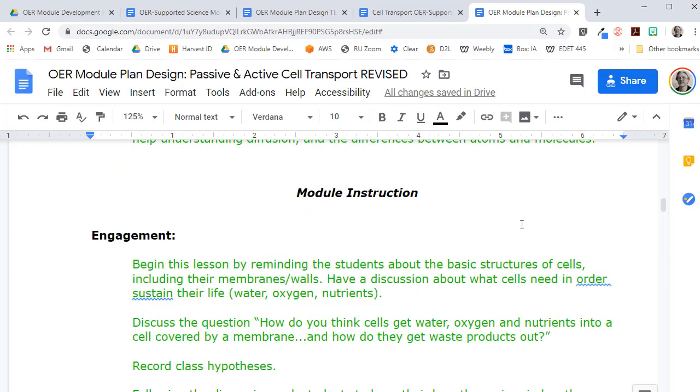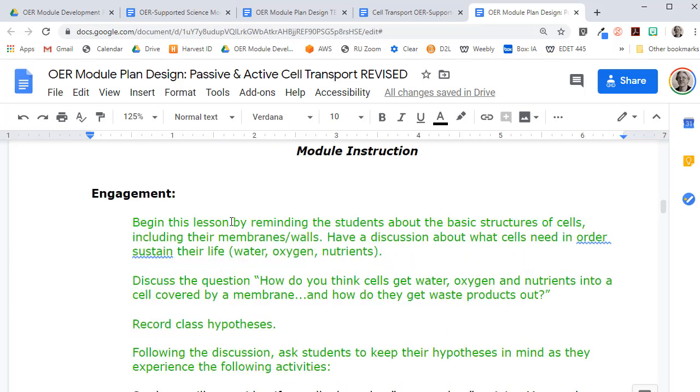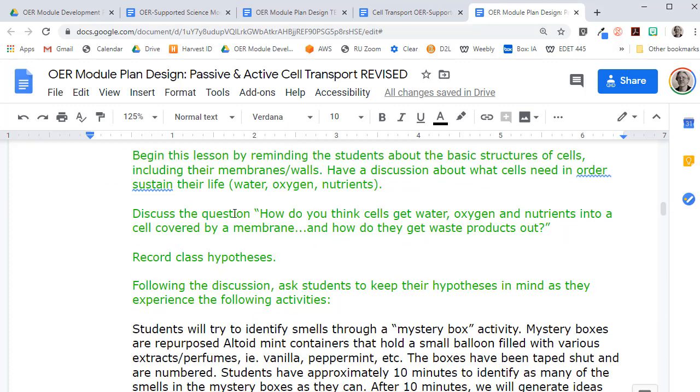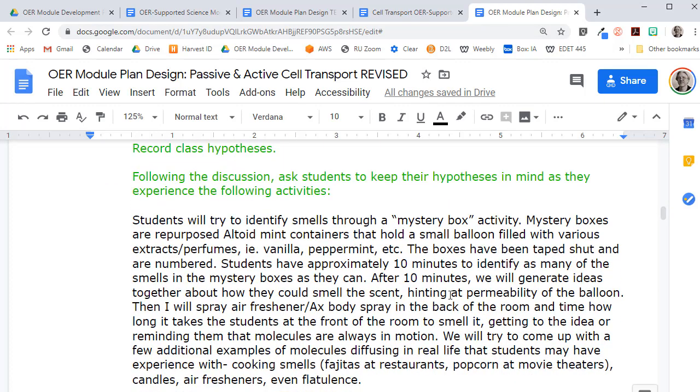Then we get into the module instruction. And again, rather than break this up into lessons, which I don't think you need to do, I think teachers can break up distinct parts of an overall investigation into individual lessons if needed. So I just addressed explicitly the 5Es, and in the engagement section, I have again reminding students, connecting what they already know to what they're about to learn about, and then the activity that was initially included with mystery boxes, with smells